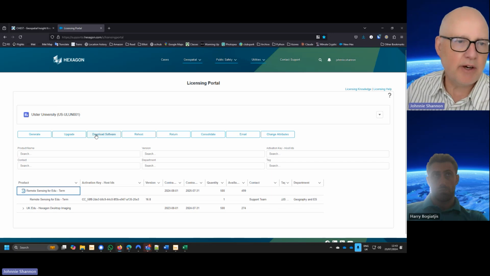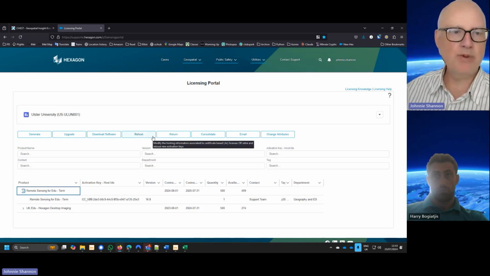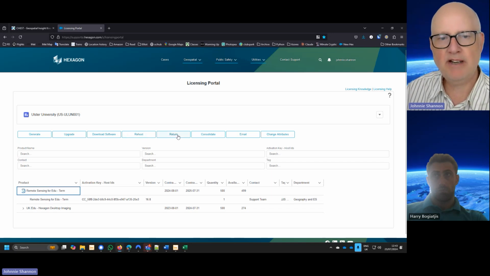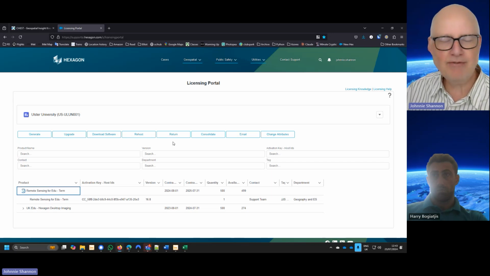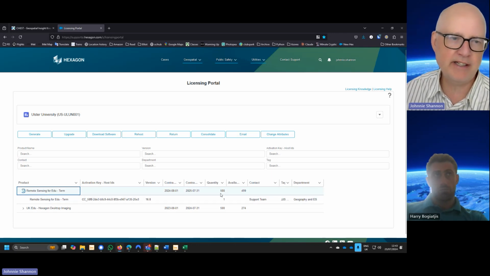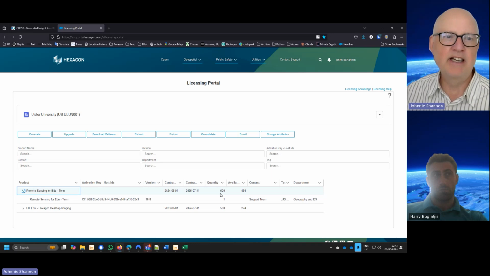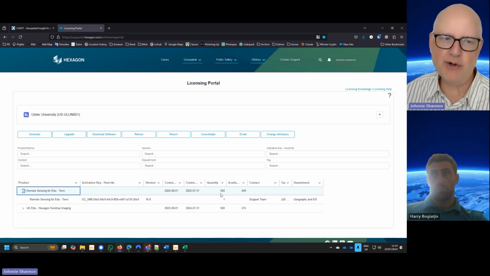Right. There are other options here as well. If you want to rehost or return a license, you can do that here. Generally, for Chest customers, not so much of an issue. It very rarely happens that you want to return or rehost because you have 500 seats available, and that's usually absolutely plenty. And so, for instance, if a student wants to have another laptop licensed or wants to change laptop, the easiest thing is just to generate a new one. Don't worry about